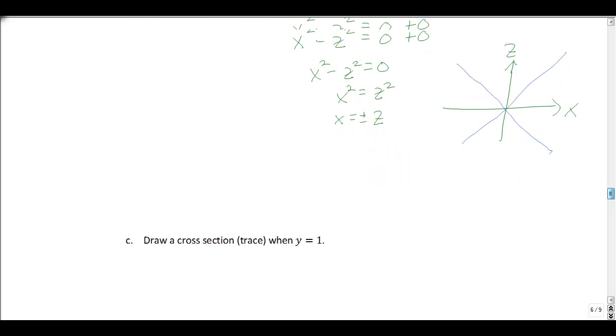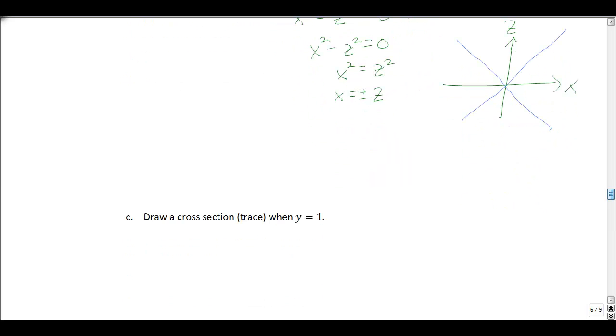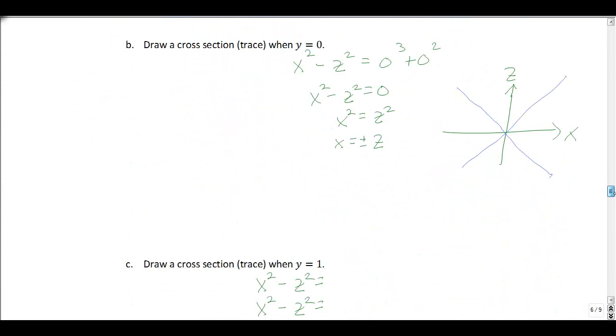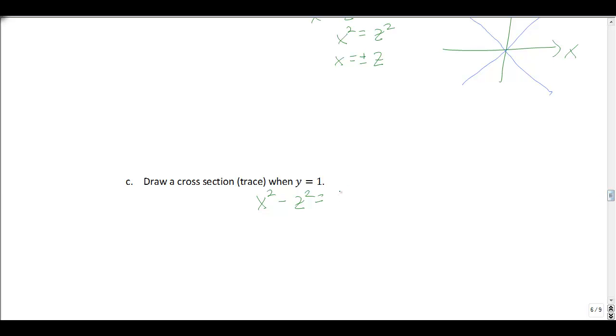Next one, when y equals 1, same thing. We're going to get x squared minus z squared equals, it was y cubed plus y squared. So I get 1 cubed plus 1 squared. So we get x squared minus z squared equals 1 plus 1. That's 2. Graph this again on the